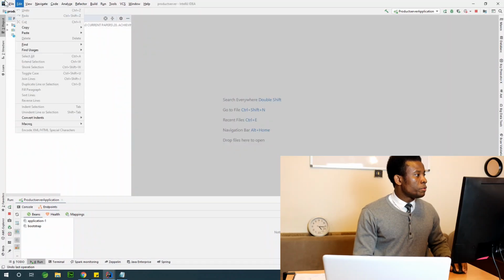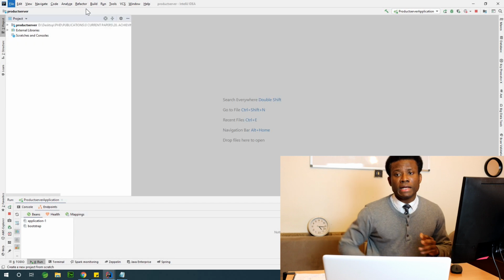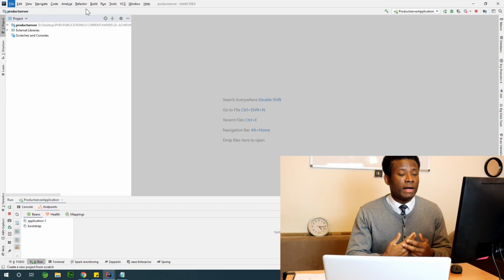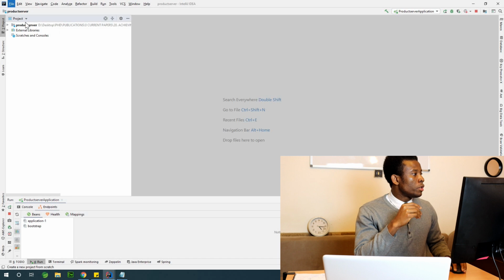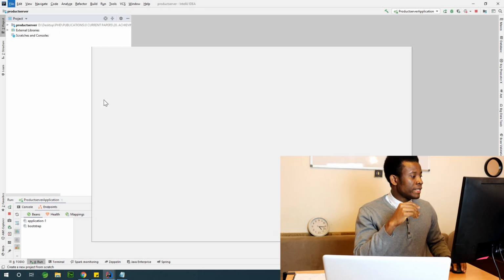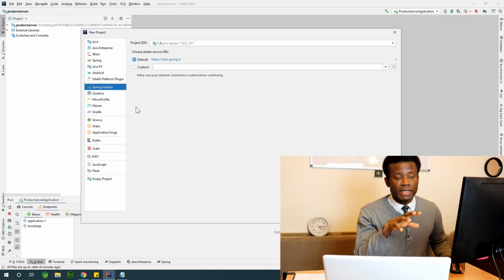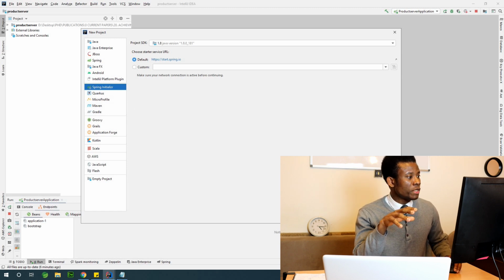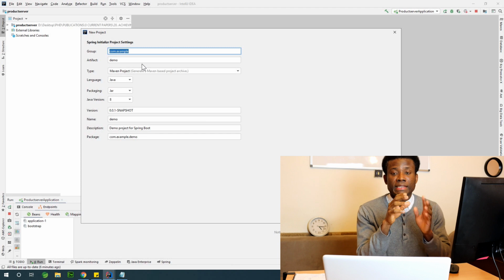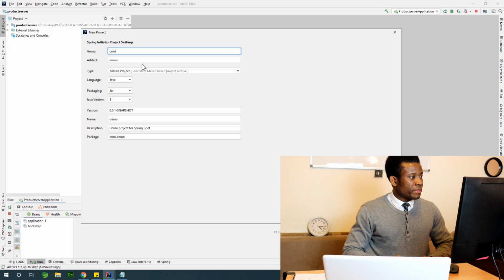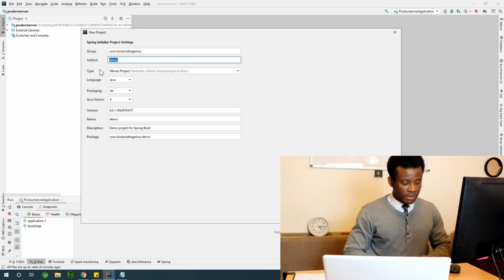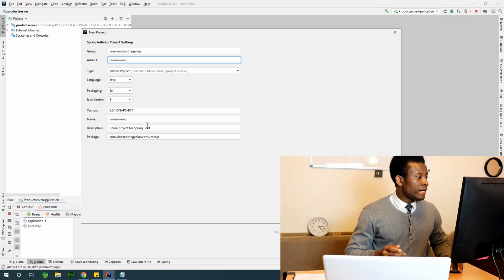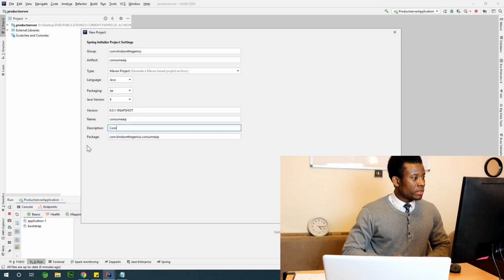So I'm going to go to File, New. Let me just create a simple application that I'm going to use to consume these REST APIs. So I'm going to create a new project, Spring Initializr, that's what you should select, so that it sets up the initial project for you. So now the dependencies you are going to be adding are three. Let's first give the group ID com.genius. The name of the artifact is consume API. That's the name of our project. And so I'm going to just call it consume